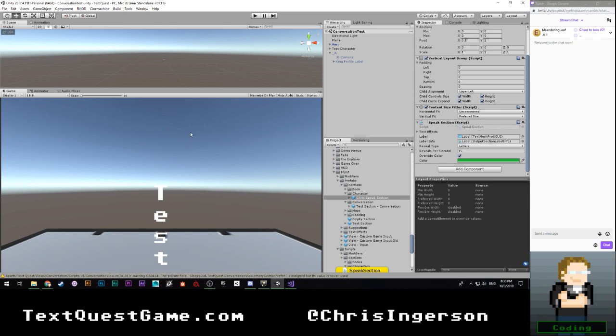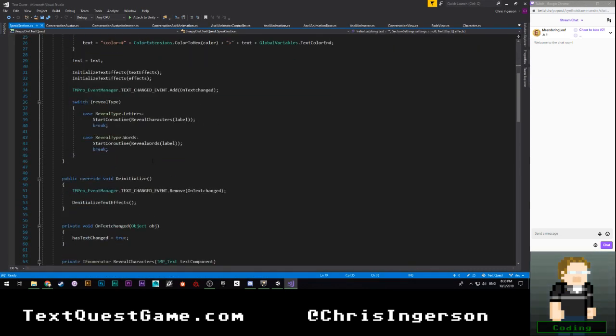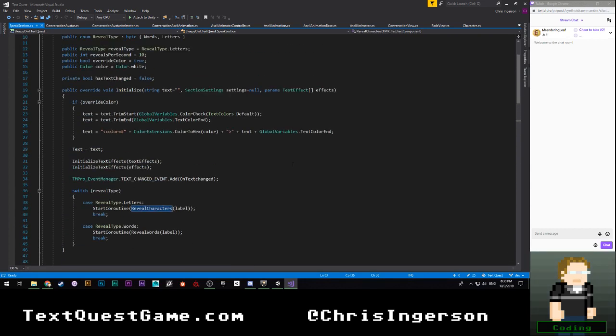Let's go ahead and open this up. I am fairly certain that this has a coroutine that we play, reveal characters. And shoot. I need an event to fire, something that I can listen for.